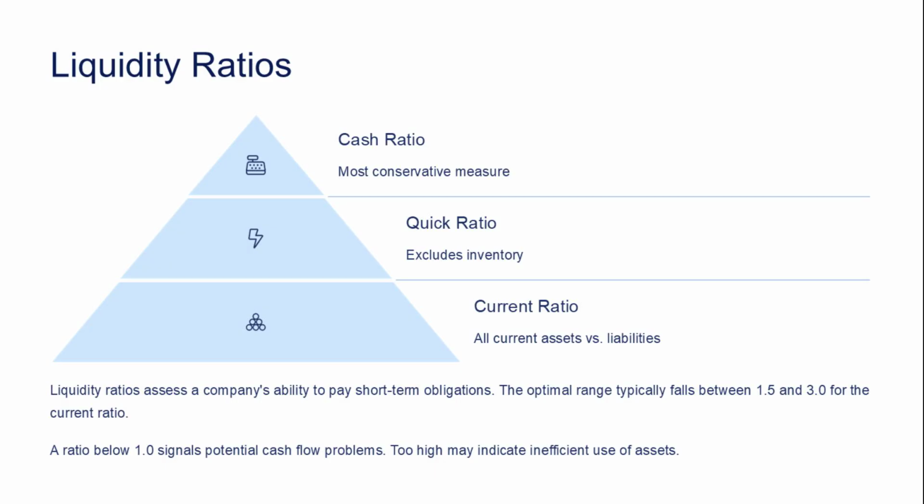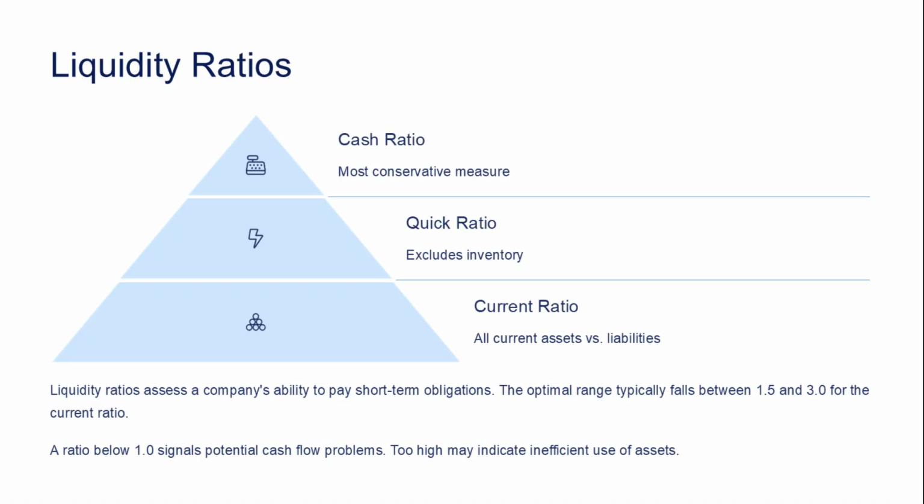The quick ratio excludes inventory, which is less liquid, to get a more immediate view of liquidity. The current ratio looks at all current assets versus current liabilities for a comprehensive liquidity assessment. The optimal range for the current ratio is typically between 1.5 and